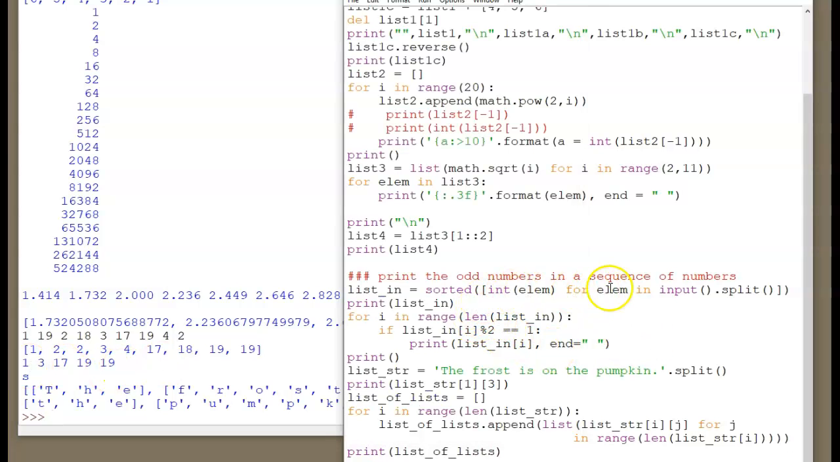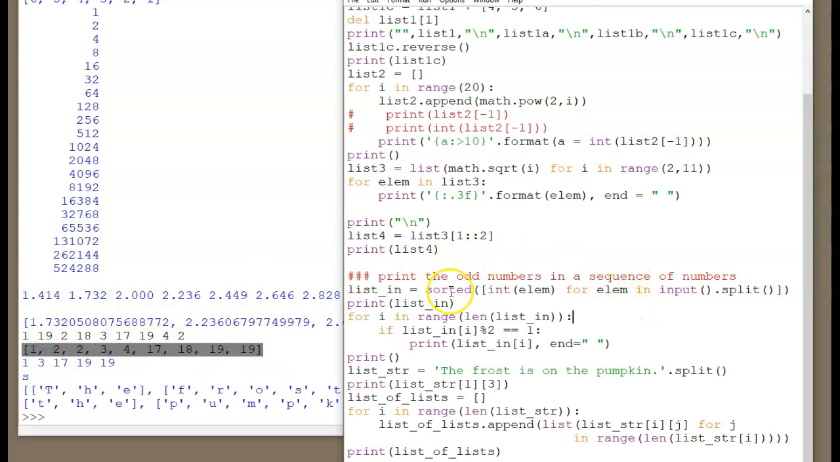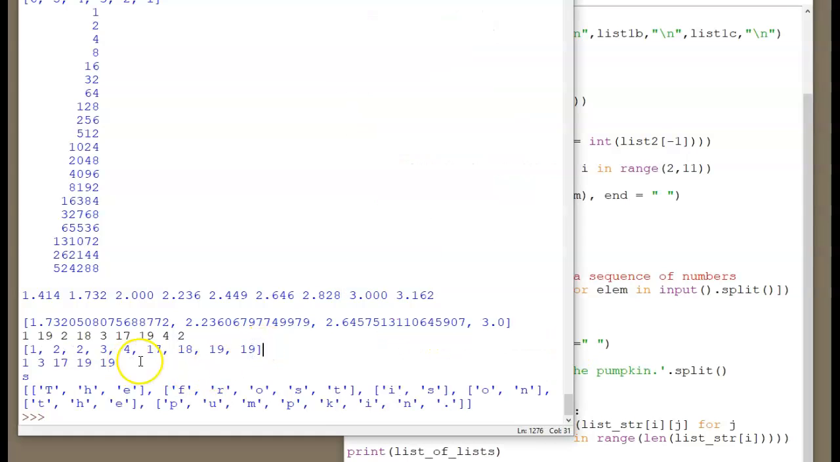So that's what this code says. So print list in. For elements in input dot split, we sorted it. So there's the sorted list. And then we kept the odd numbers. So for I in range length list, when there were odd numbers, I printed them out. There's a shorter way to print these out too, so you might consider how that would be done. Then I wanted a blank line after that, but a blank line just took me to the next line here